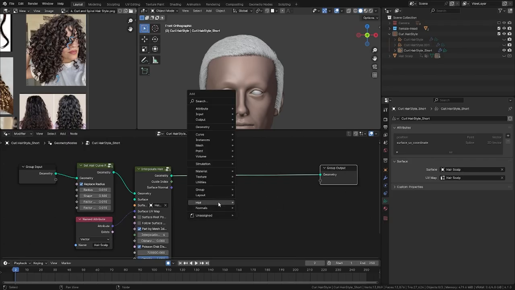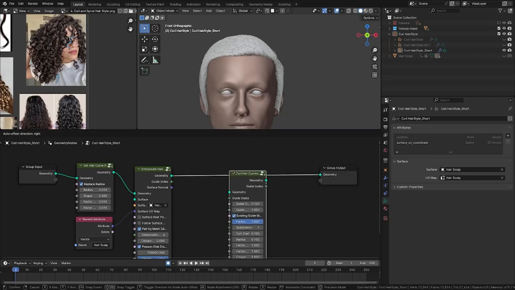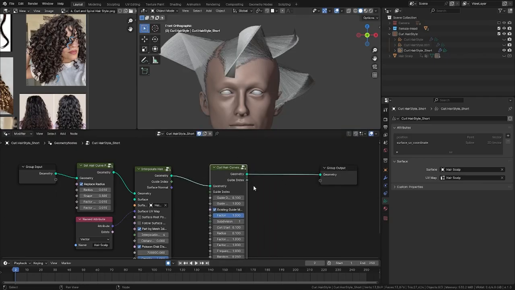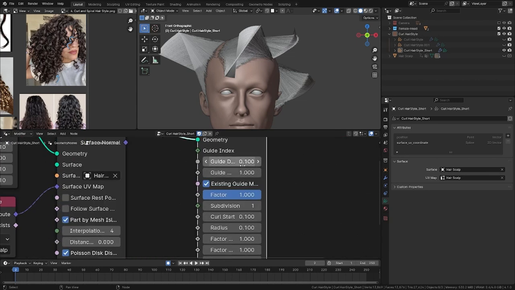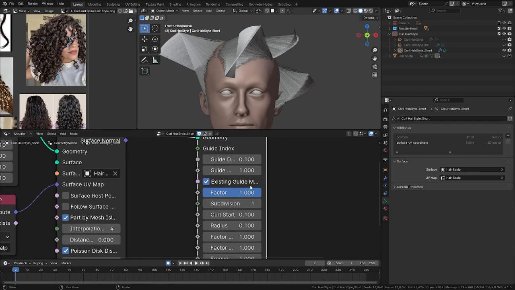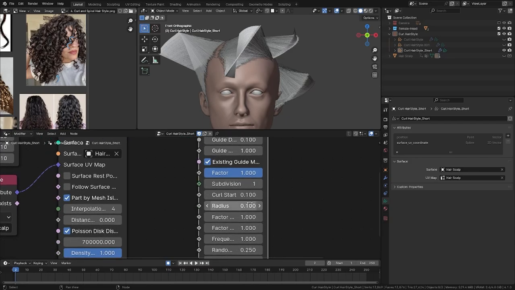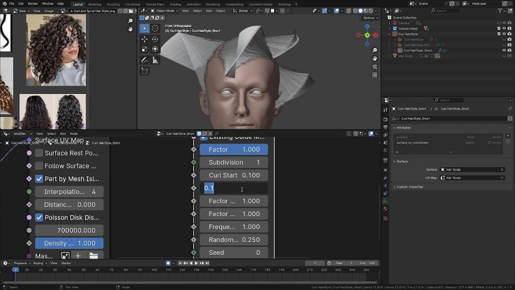Curl will come to hair, then your guides, curl hair. But here we don't want a lot of things, just a little bit. So in here in our guide, or you can even use existing guide, we try to reduce the radius 0.05,